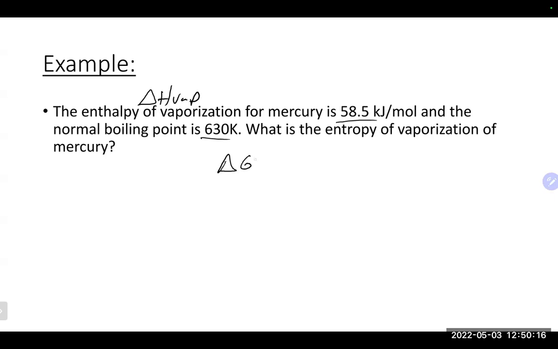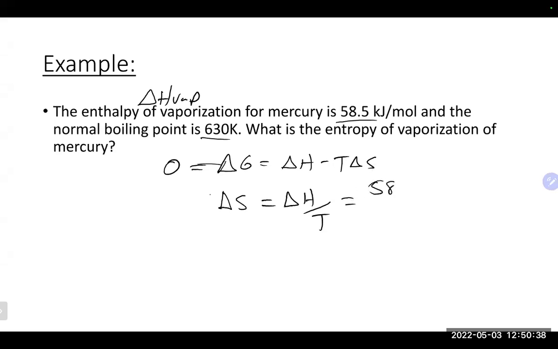So once again, we are really deriving our equation from here because this is an equilibrium process. That would equal 0. Rearranging once again will give us that the delta S will equal our delta H divided by T. Once again, no negative in here. Putting this in gives us 58.5. I'm going to just convert it to joules, so I'm going to times it by 1,000 and divide it by our temperature, which is already in Kelvin. So that's nice. 58.5 times 1,000 divided by 630 is going to give us, it looks like,